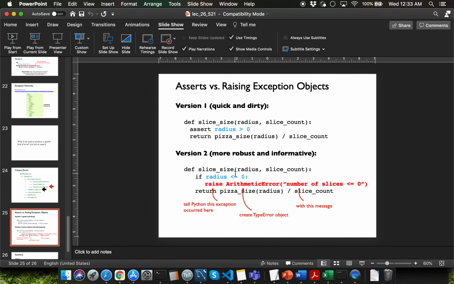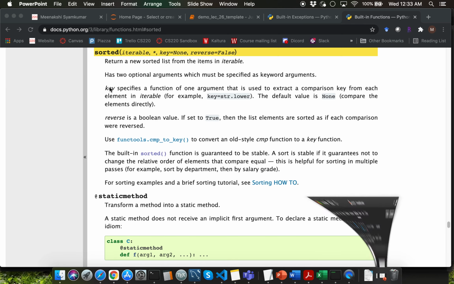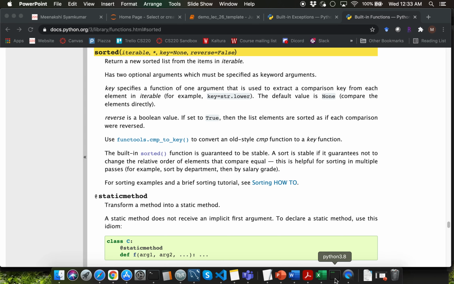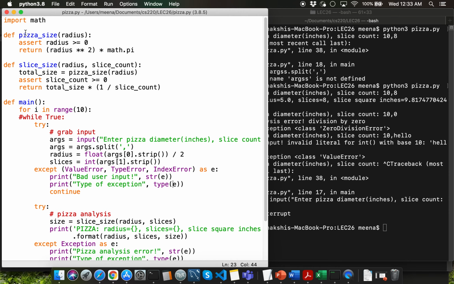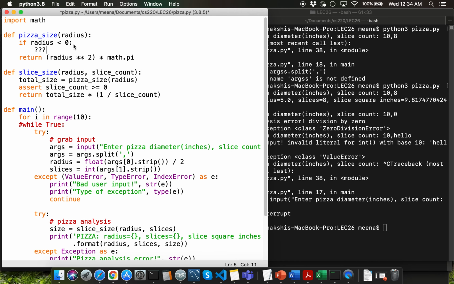Let's go back to pizza.py, and we are going to change the assert statements into raise statements over here. Let's go to the beginning of the program. Instead of asserting radius is greater than or equal to 0, I will now have to convert my condition to if radius is less than 0. What do I want to do? I want to be able to raise ArithmeticError.